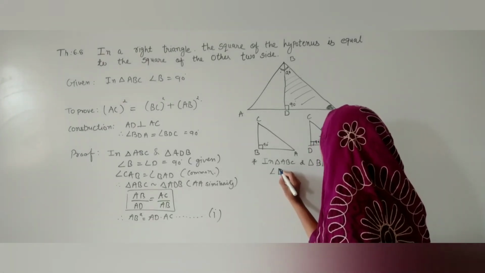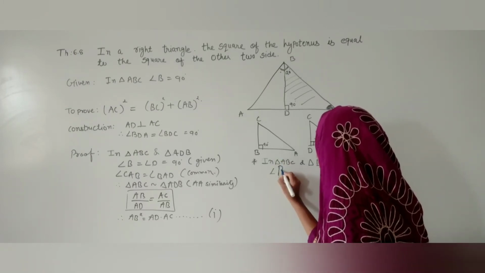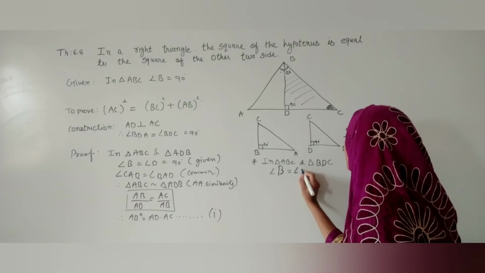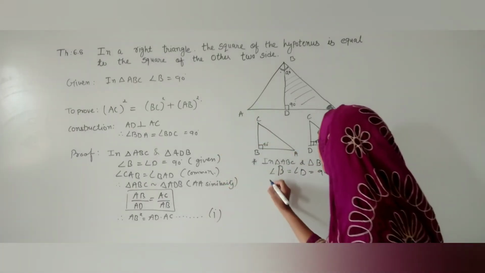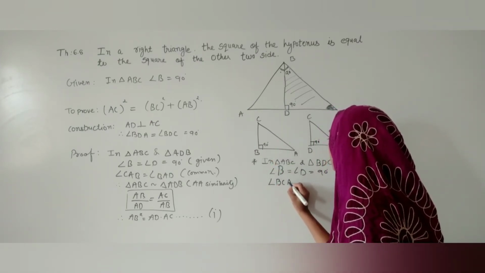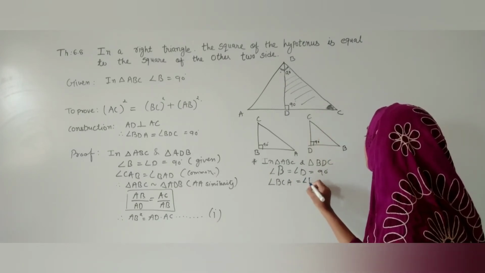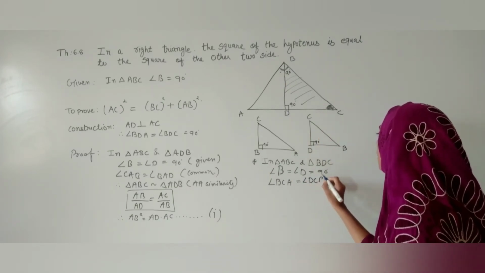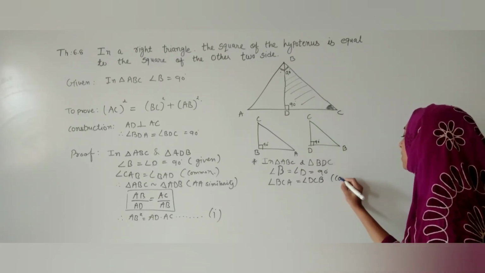Then we will write angle B, and angle B will be equal to angle D, and they are both 90 degrees, because of the construction and from what is given. Then we will write angle C, but the name of C is BCA. Let me write BCA, and that will be equal to DCA. In the center, we have to mention angle C, so DCB. Let me write DCB, and in brackets I will write corner.